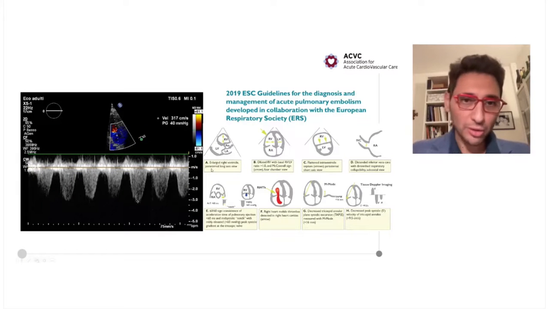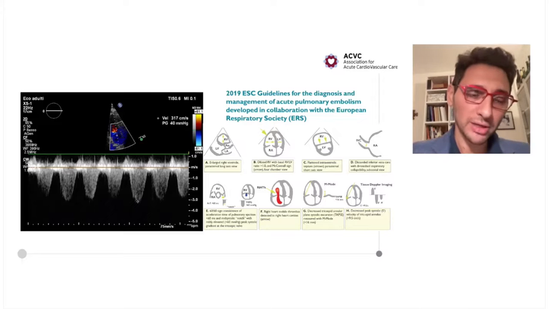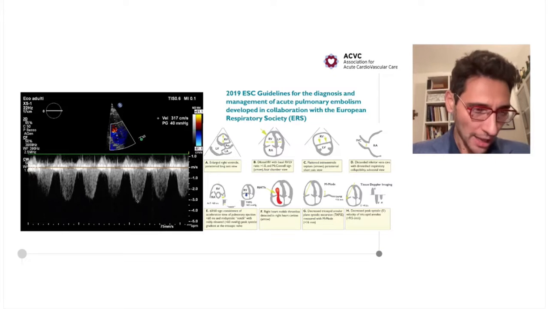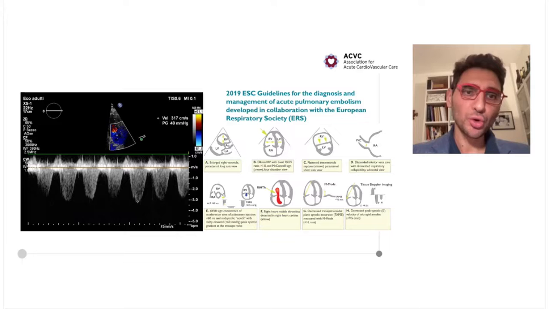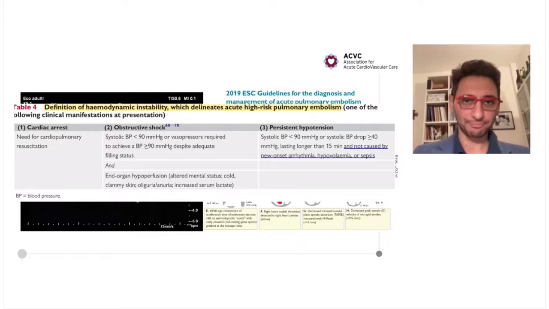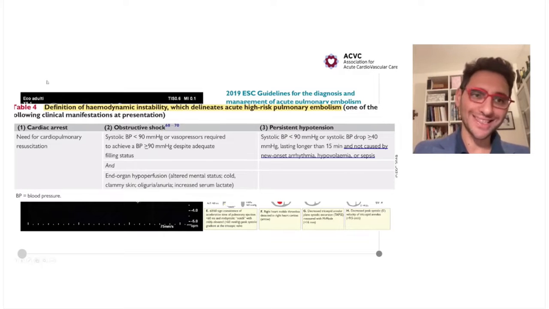Just a quick comment: remember that you don't have incredibly elevated pulmonary pressure in this phase, because in acute pulmonary embolism, in a patient who does not have a chronic problem, the right ventricle is usually unable to generate a pressure of more than 50 to 60 millimeters of mercury. The classification, remember, for high-risk pulmonary embolism, so a patient that requires either fibrinolysis or a mechanical solution, which are now emerging, begins with cardiac arrest. That's pretty straightforward, not very common.